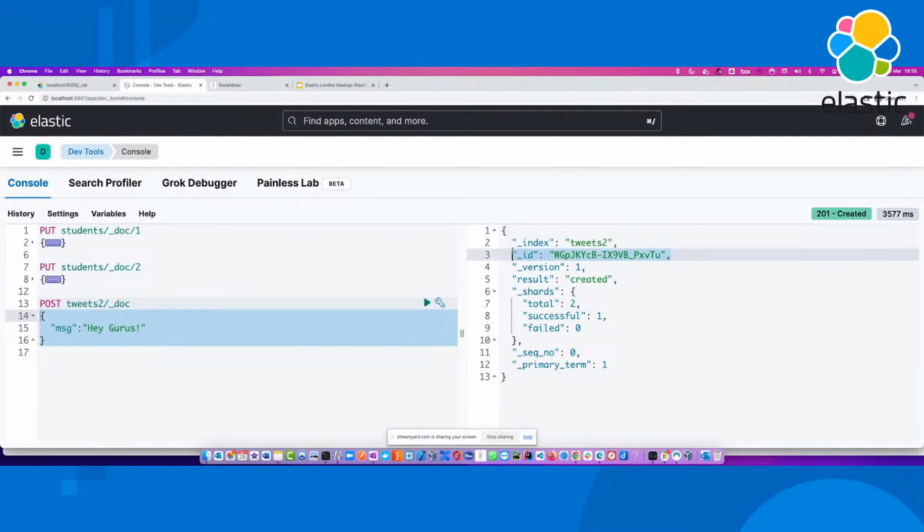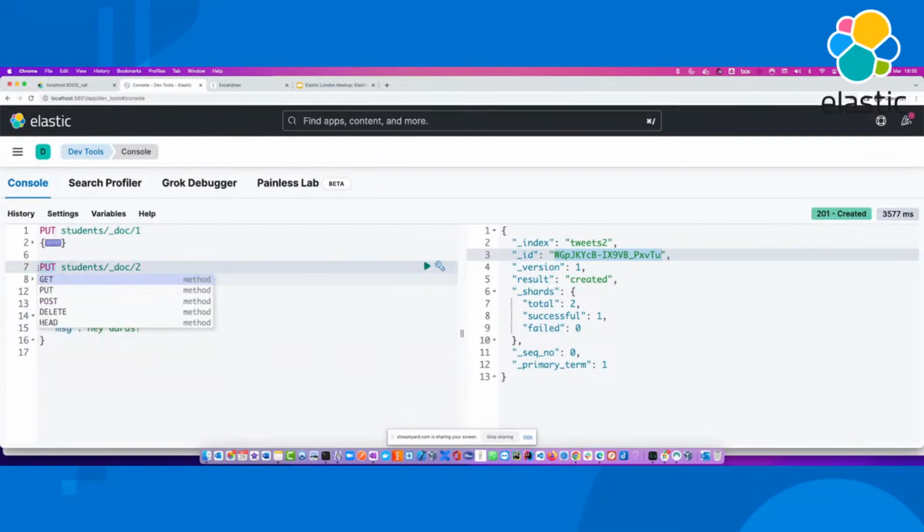For example, in this case, you can see that the system went ahead and said, okay, Mr. Konda is giving me a document, and that document does not have a primary key, but I am going to generate one for him so that he is happy. So I'm going to create this document under this ID. Of course, unless you have this ID, you will not be able to get that document unless you do a search, which we are going to see in the third part. So the takeaway point is that you can use a put or you can use a post based on your own requirement.